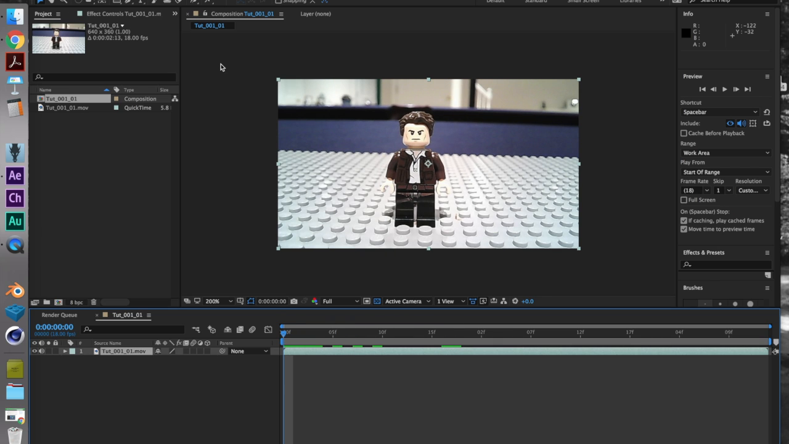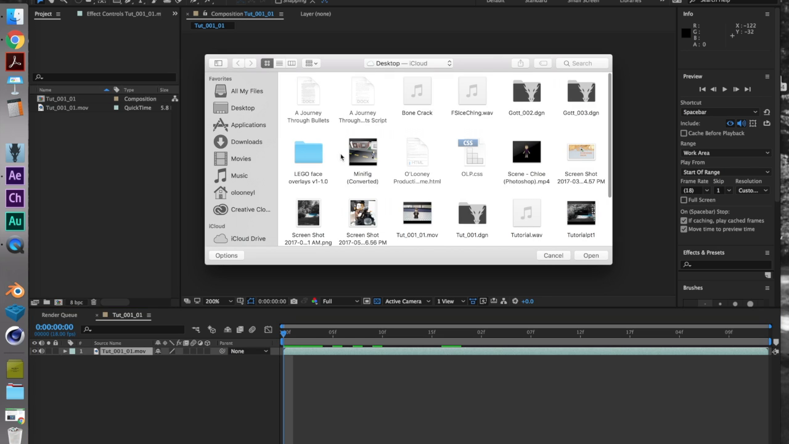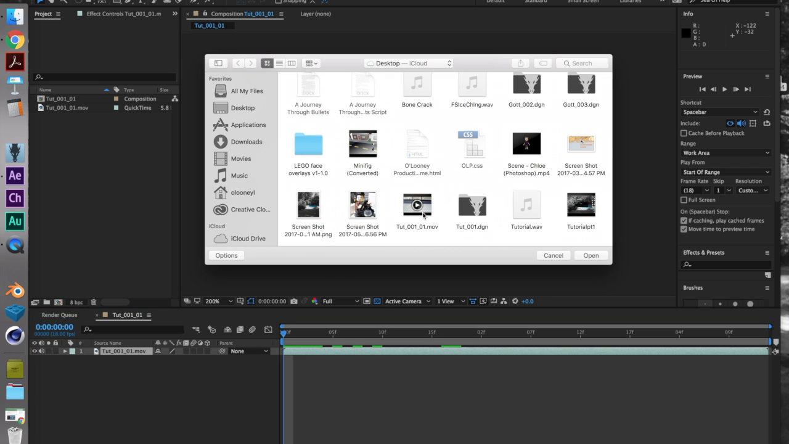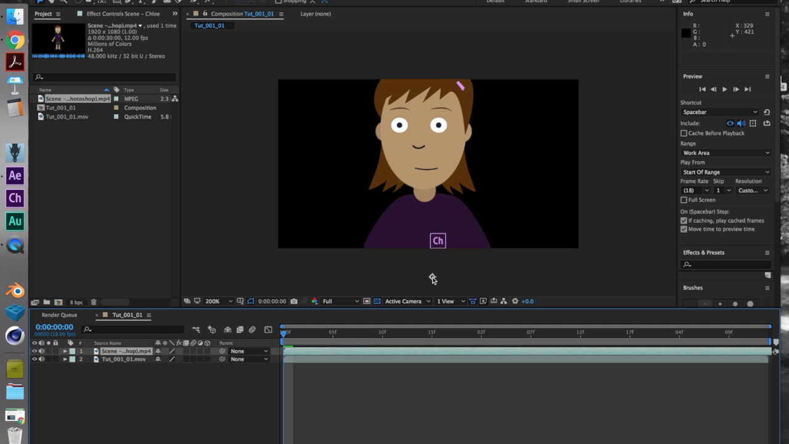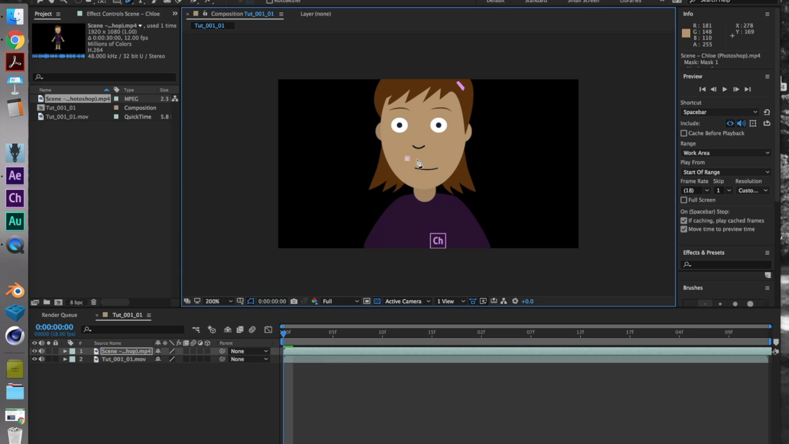And then after this, you want to import the mouth file. The shortcut for that is Command I for importing. And you'll just want to go and drop it onto there. As you can see, it's way too big. So what you're gonna want to do is you're gonna mask right around the mouth,